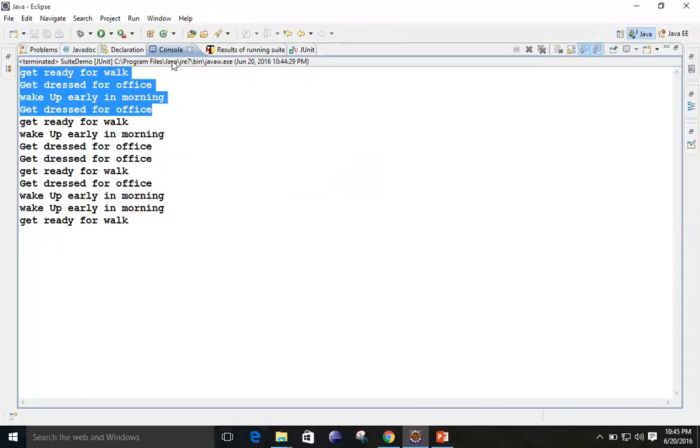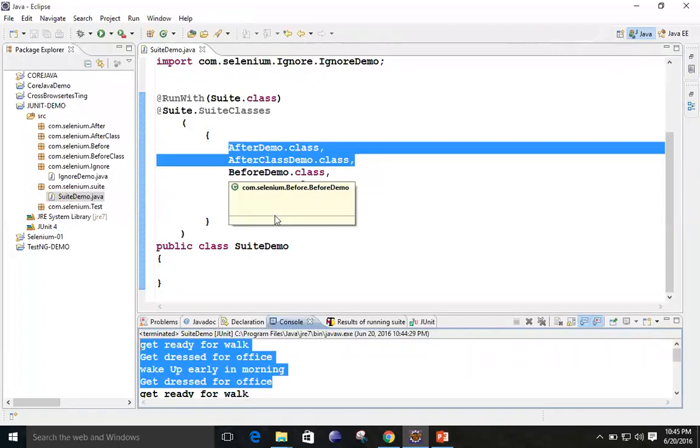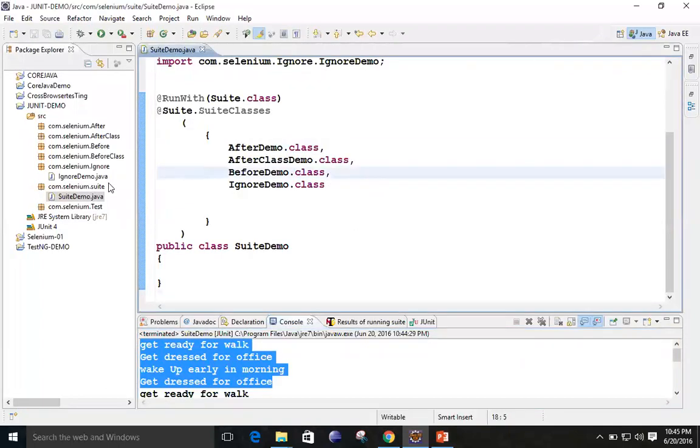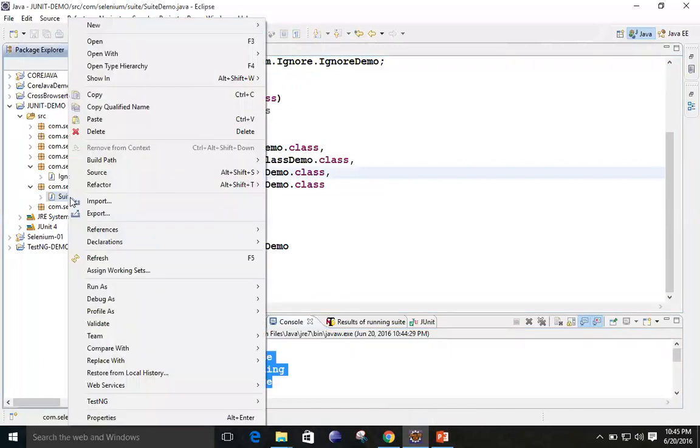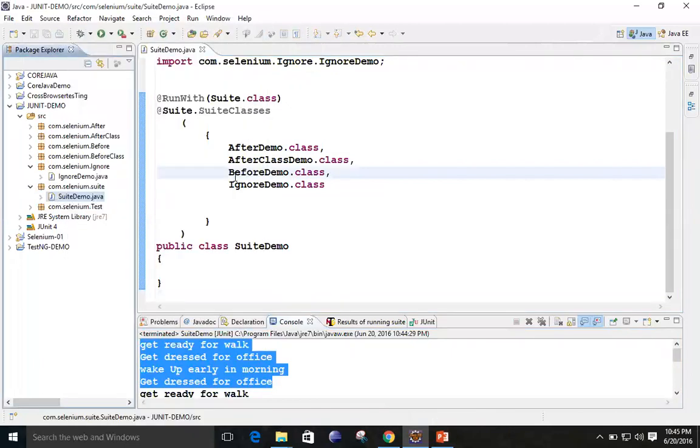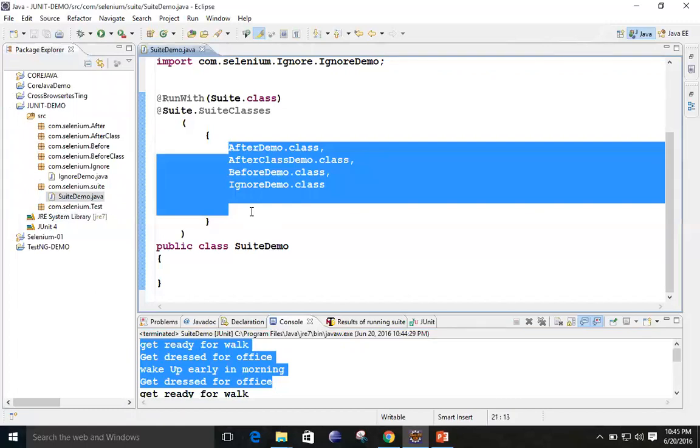So this is known as a test suite. It means we are running this one only, and whatever class names are present over here are going to be run automatically. And in the test suite, you can give n number of names. There is no limitation also. If you have one class you can give it, if you have one lakh you can give them, but all the class names should be separated by commas. Getting my point?